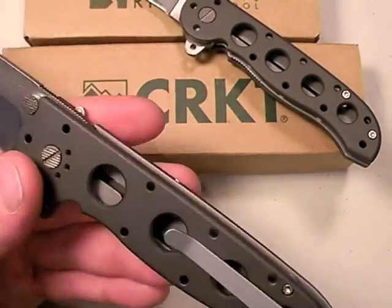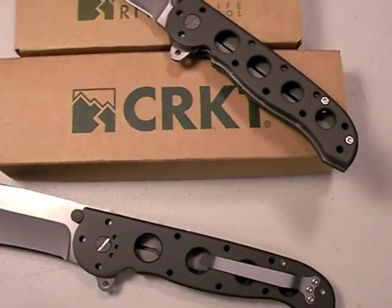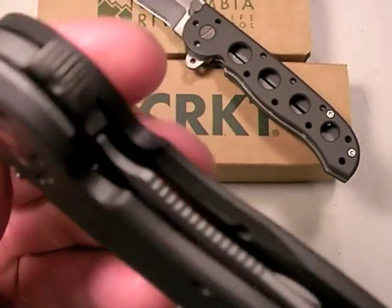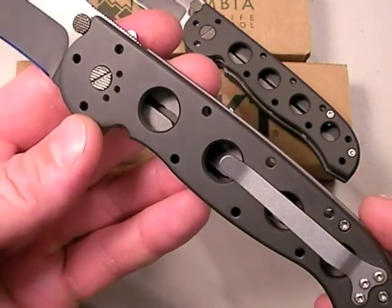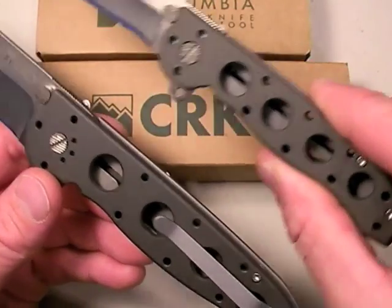How's that clip on there? Let me raise the tripod just a little bit. The clip is actually decent. Nice and narrow in profile, doesn't take up a lot of the handle, and thankfully the Carson design allows application of the clip to pretty much any of the four corners. So lefties rejoice, tip up, tip down, you decide. It gives you options, at least in the